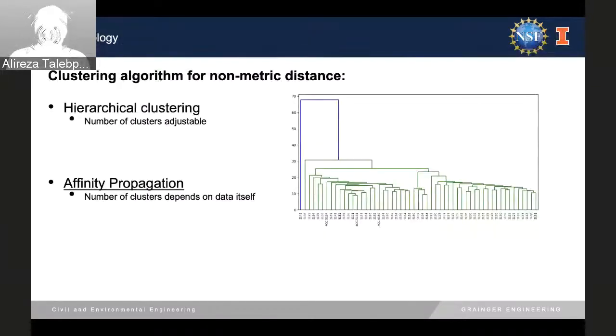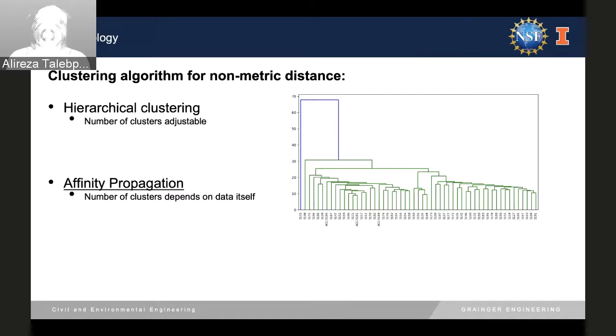So we use two clustering approaches. You can pick anything, but we particularly picked these two for two particular reasons. With hierarchical clustering, you don't need to prefix the number of clusters, so you can adjust it, which is very useful. Here, for instance, you can have two clusters: this whole thing is one, and this one is one. Or you can have three. In that case, this one would be one, and this one would be another one, and maybe four, and this one would be another one. So you can adjust the clusters based on what you think would be a meaningful division.